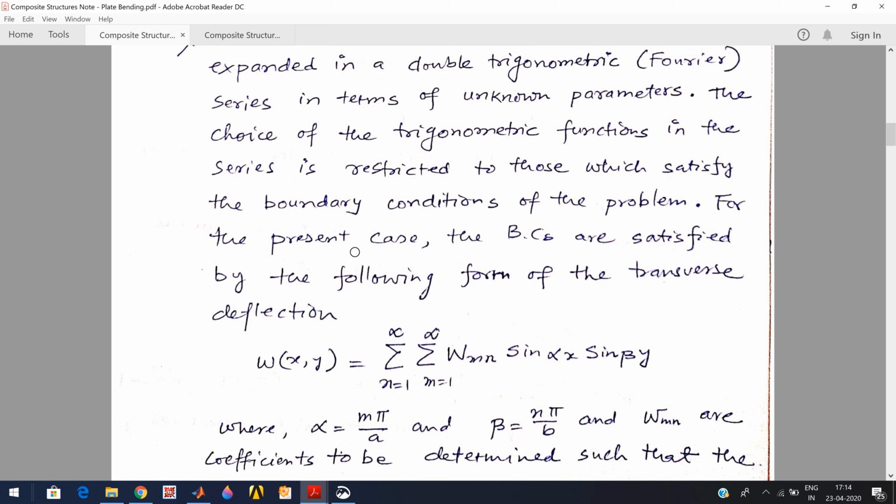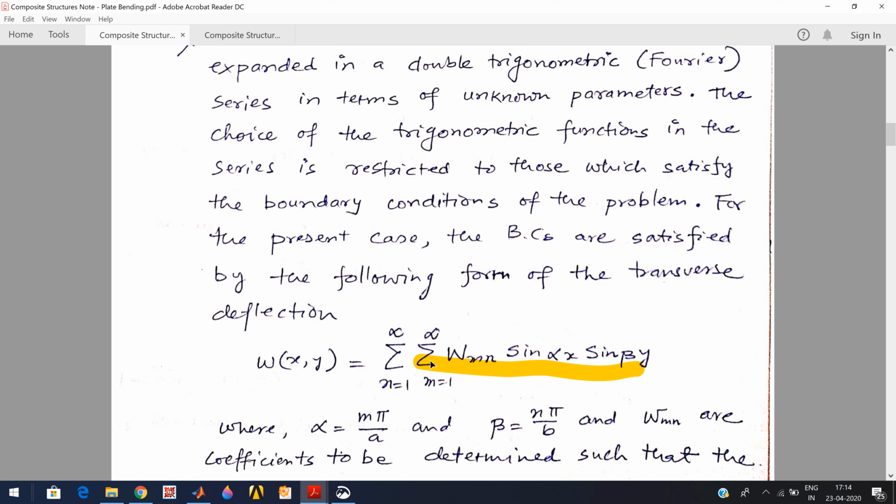For the present case, the boundary conditions are okay. So the sine series we will choose so that this deflection W will be satisfying the boundary conditions. So for this case, you can see we can assume a solution in this form,